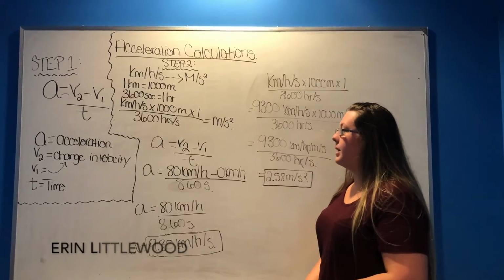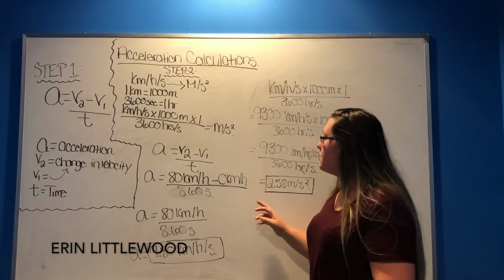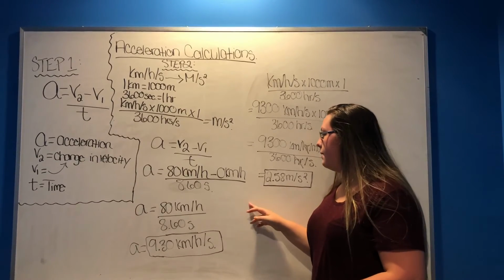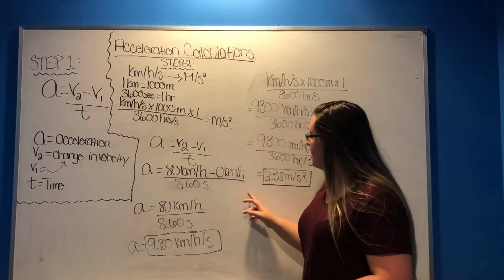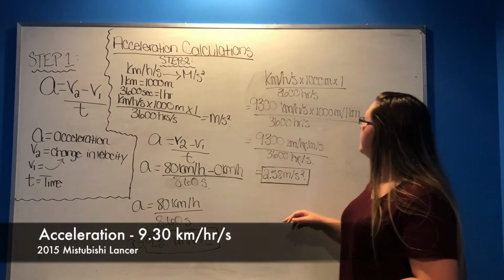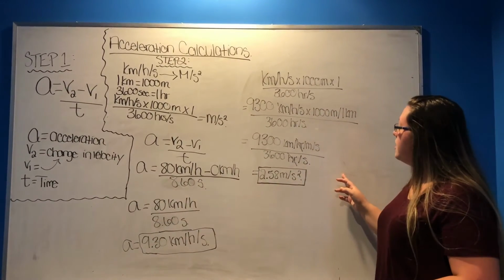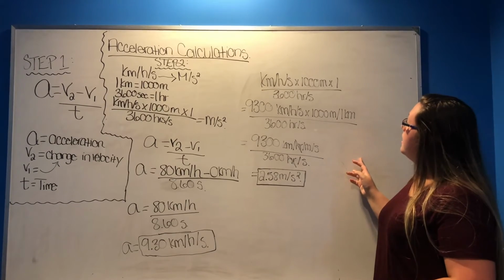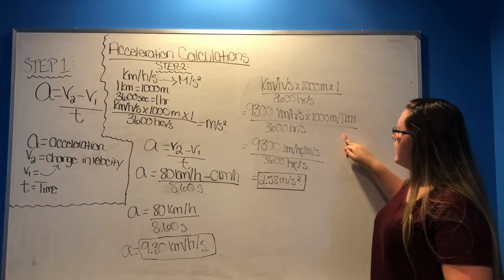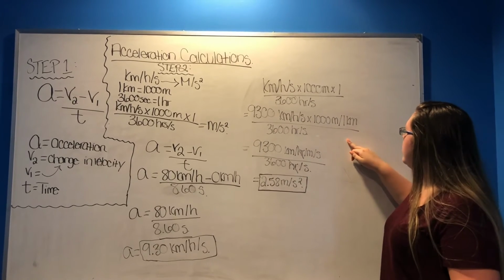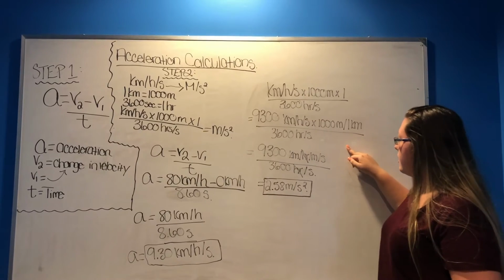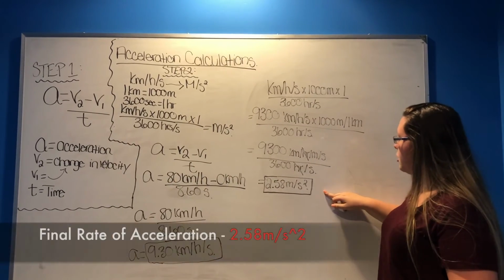The acceleration for my Lancer, we used the formula A equals V2 minus V1 over time. So we went from 0 to 80, and my time was 8.6, giving me an acceleration of 9.30 kilometers per hour per second. Next, we had to convert it to meters per second. So using these formulas, we plugged in our numbers: 9,300 kilometers per hour per second times 1,000 meters per 1 kilometer divided by 3,600 gave me 2.5